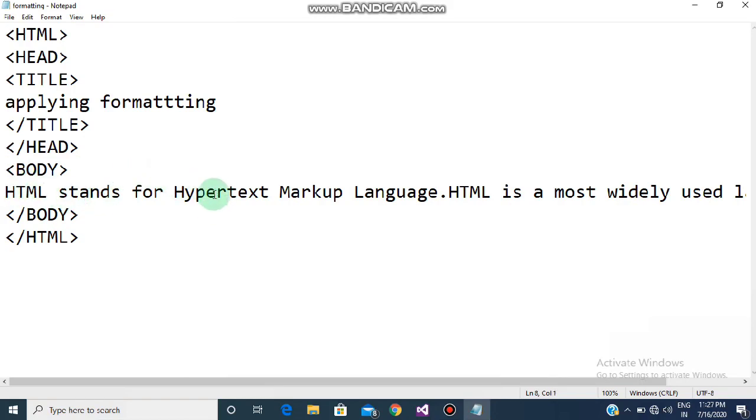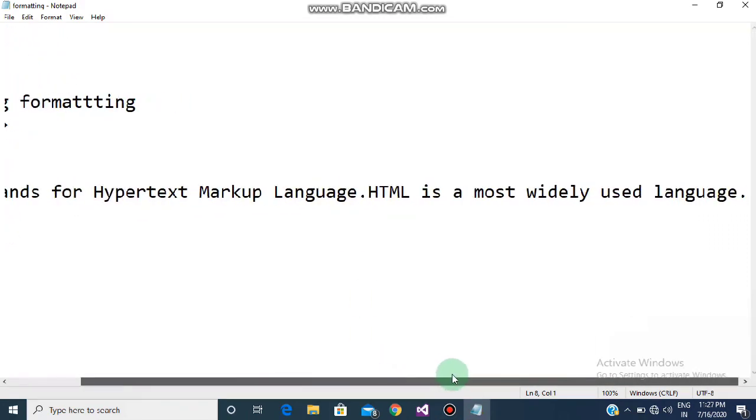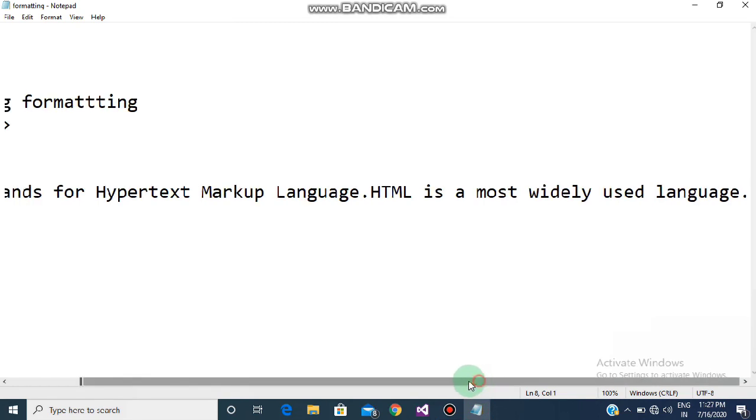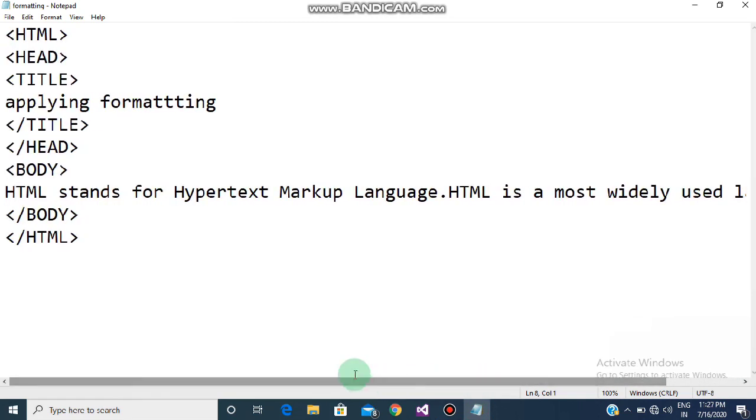As of now I have written HTML stands for hypertext markup language, and I need to slide it over this side, and HTML is the most widely used language to design web pages. So this is the content that I have written as of now, and then I have closed my body, and then I've closed my HTML.